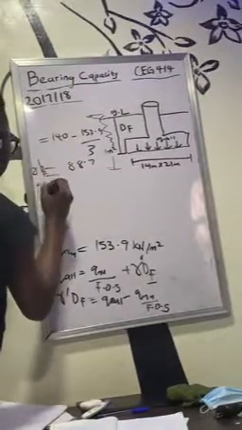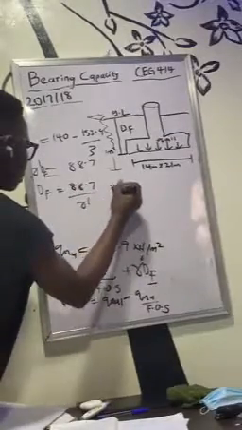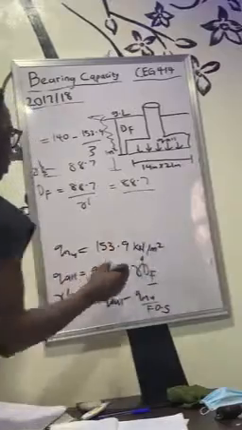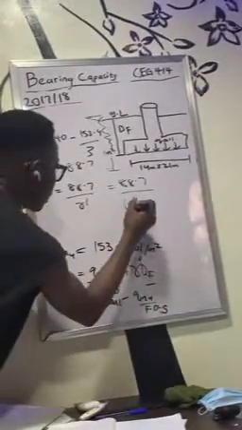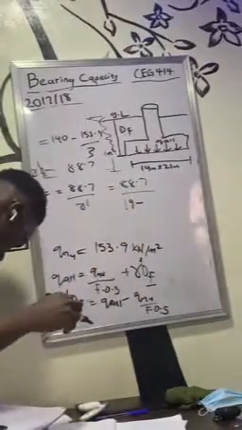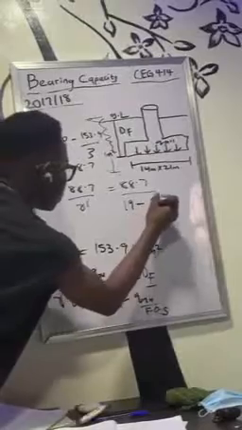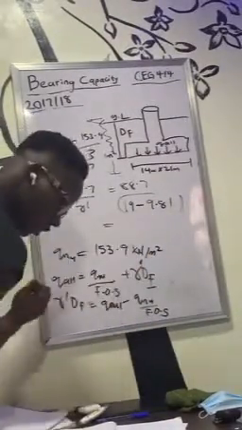Remember, gamma prime is gamma saturated minus gamma water. You have to assume that the gamma given was saturated, and the unit weight of water is constant at 9.81. So when you do this, you should get